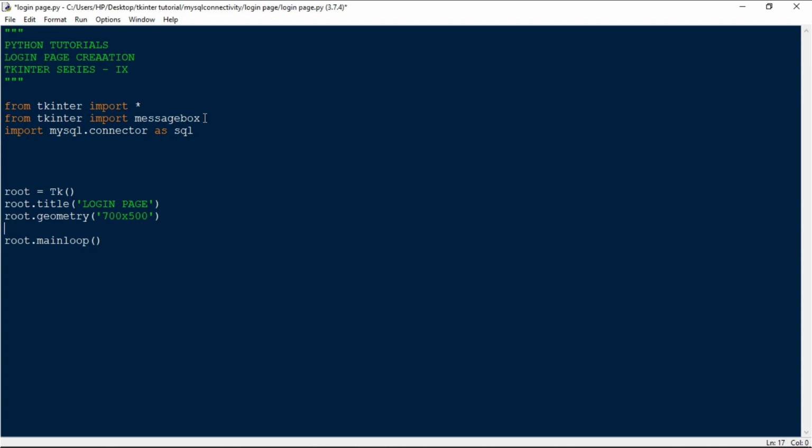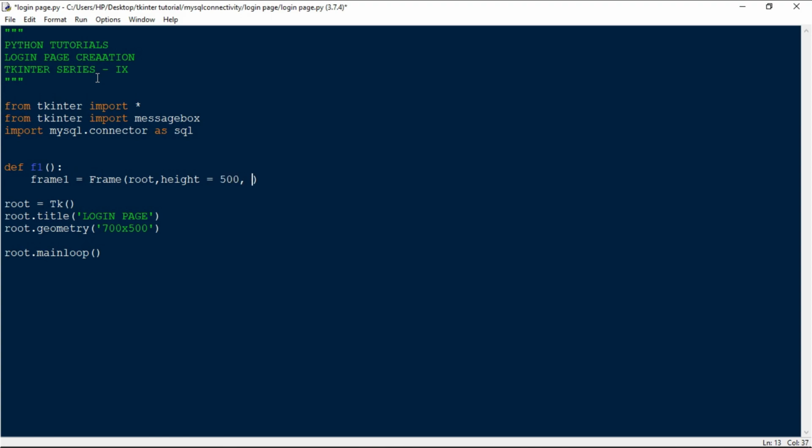Then we have to create a frame inside which the login page will be there. I'm going to put that frame inside a function, and I'll tell you why I'm doing that later. So we'll first create a function called f1 for frame1. In here I'm going to do frame1 equals to Frame, the first argument is root, and then height of 500, and width equals to 700,